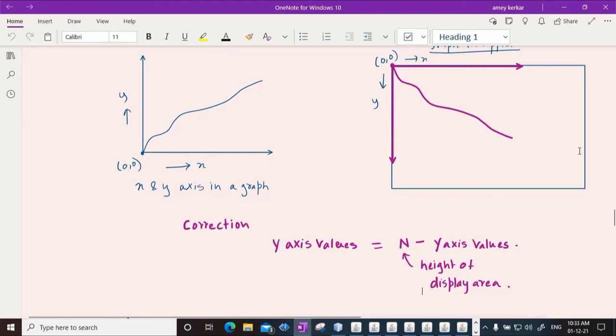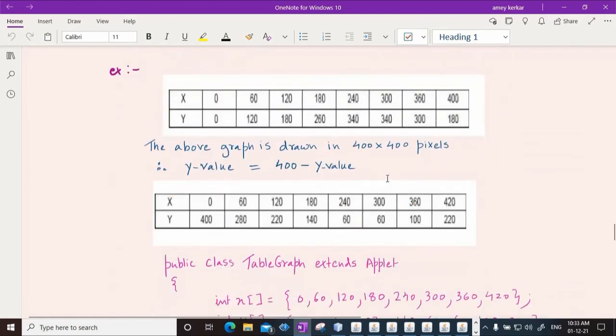So let's say this entire applet is of 400 by 400. Okay, so the height of the display area will be 400. So the new y-axis values will be 400, that is height of display area, minus the y-axis values. Okay, just an example.